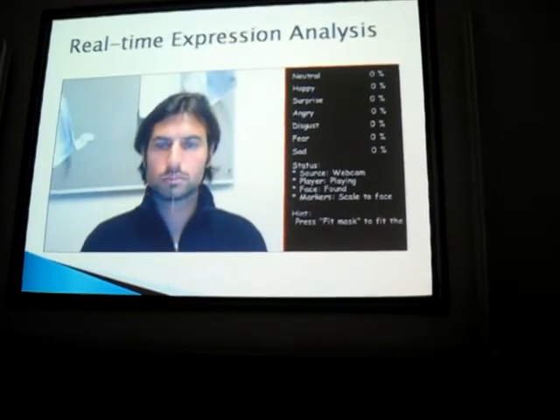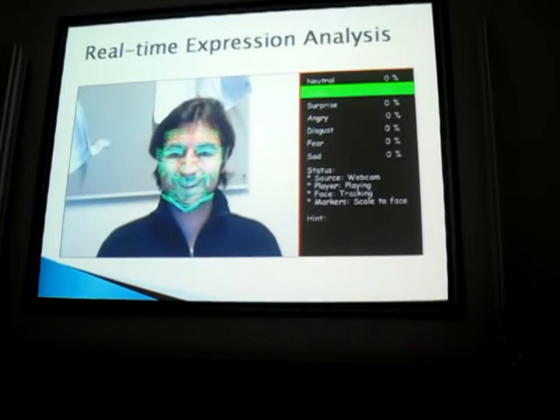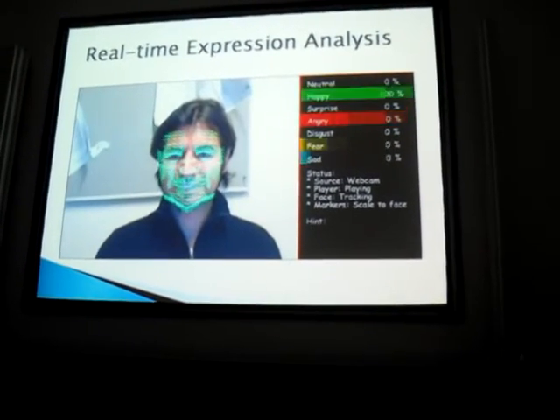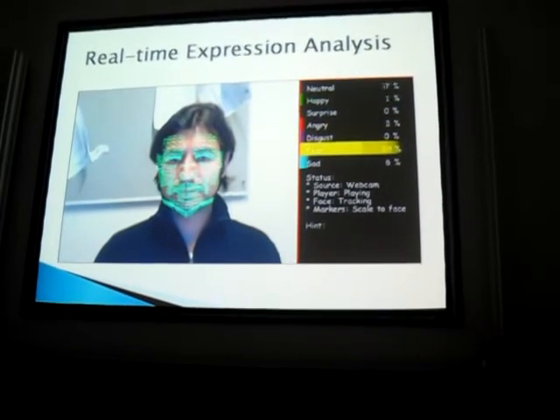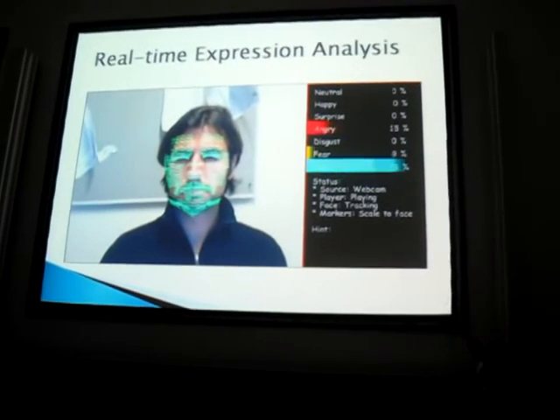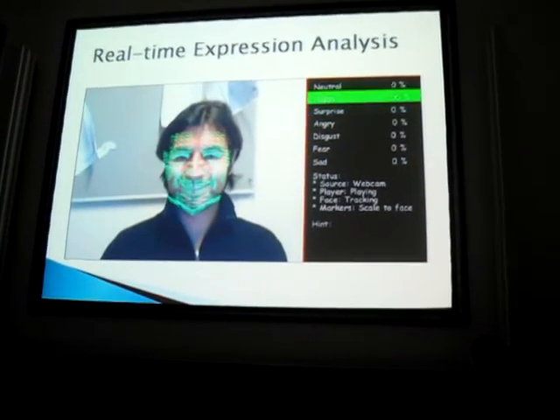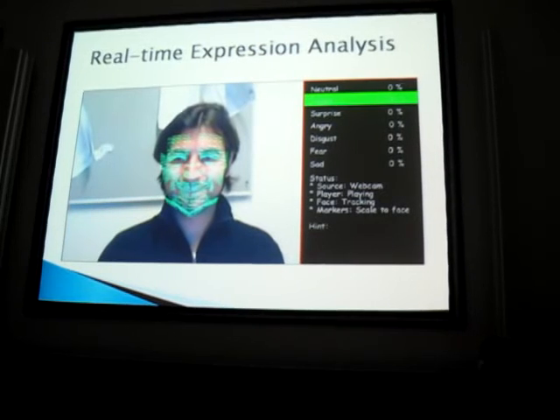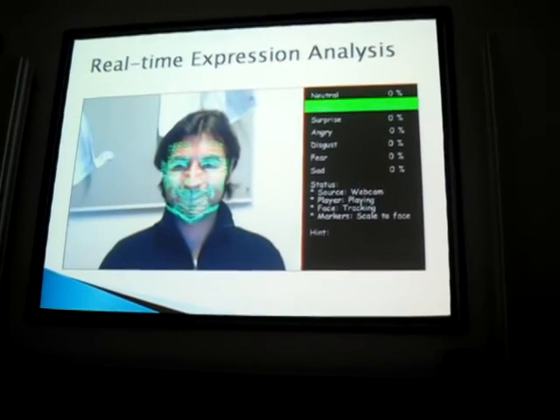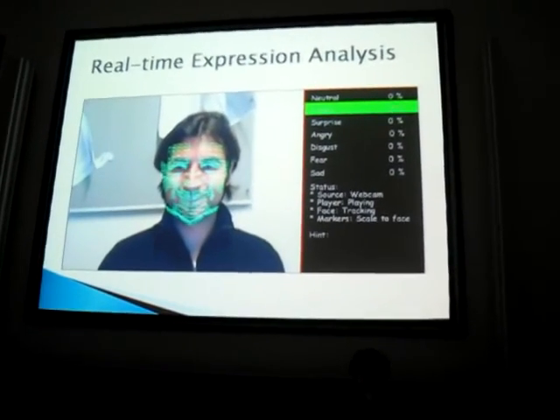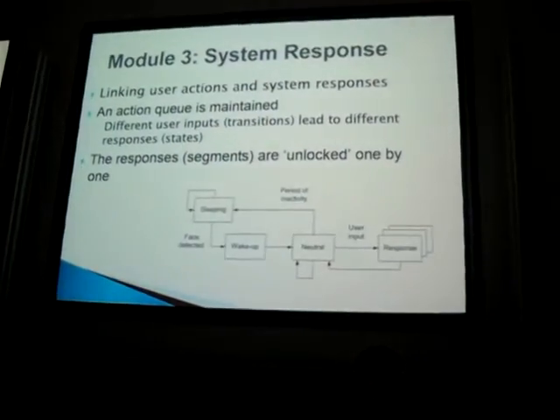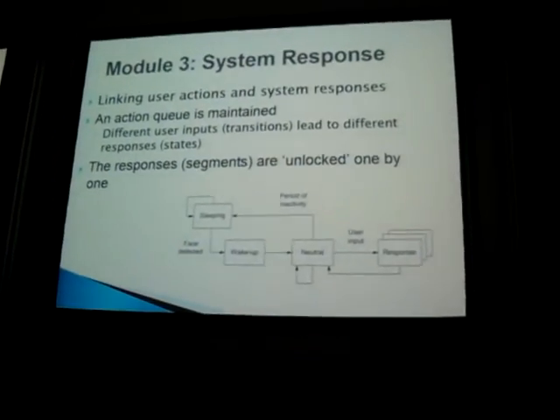What it does is it returns a 7-dimensional normalized vector, giving the probability of a certain expression at each point. So here Roberto is showing surprise, sadness, a little bit of anger, now more surprise, and he's smiling, so he's happy, he's maxed out. The idea is to use this system to drive the expressions to the segments of the baby. The system response is a fine